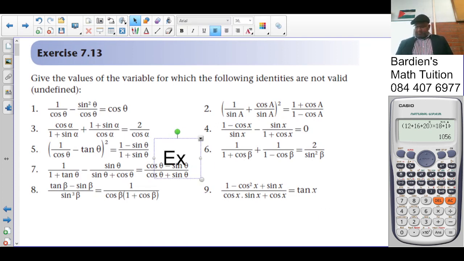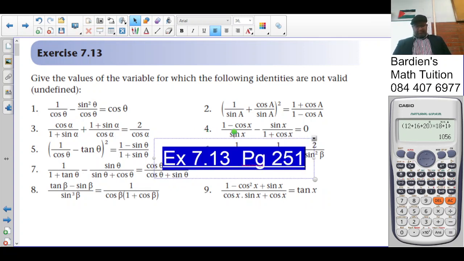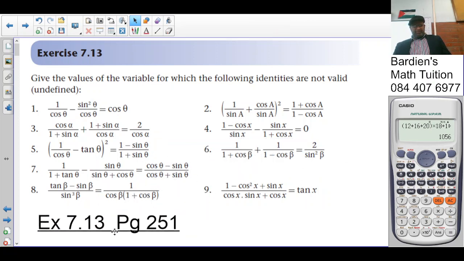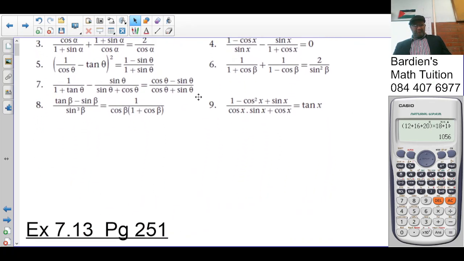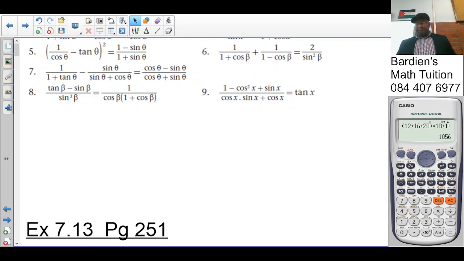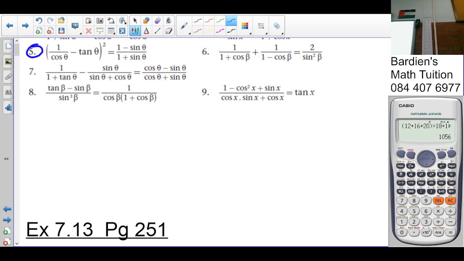Exercise 7.13, and it's on page 251. Okay, which one do you want me to do? 5. Okay. So number 5, the sum reads